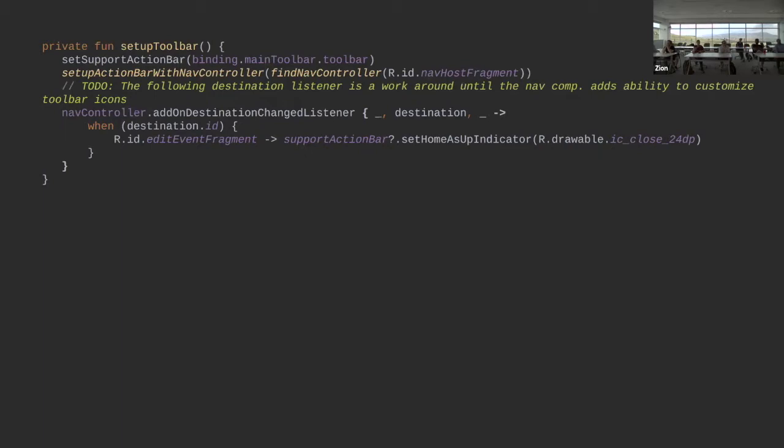So one-liner, set up action bar with nav controller, give it the nav controller. Any questions there with those 2 lines? Okay. Now, if you wanted to have a little bit more power over, maybe you have a more dynamic title. That's not something you can just set in the XML. I didn't put it in the slides here, but you can pass safe args with the curly braces in the